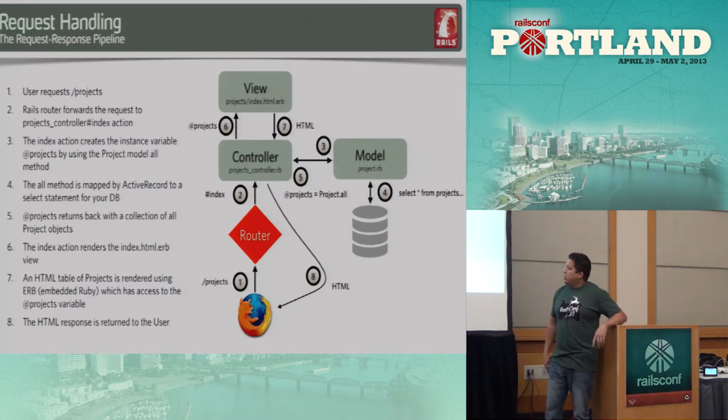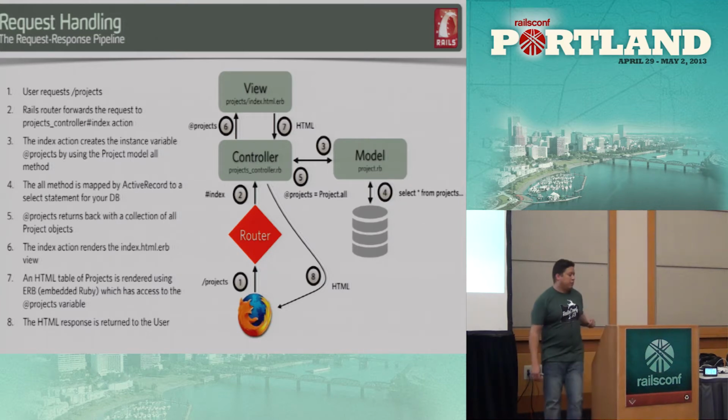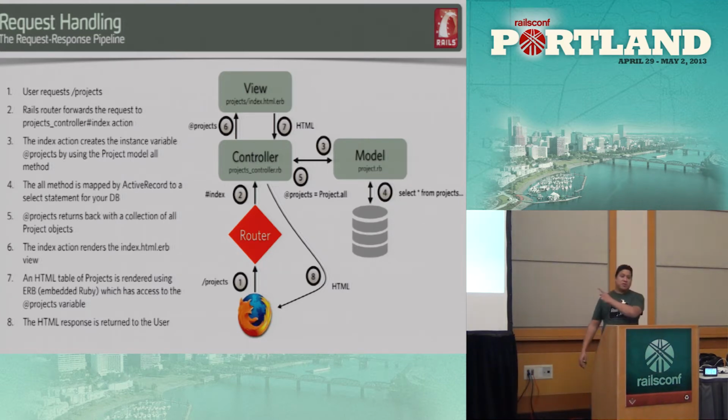Just to refresh your memory, we have a traditional request handling in Rails. And I'll try not to look at my own screen here because I have it right here. I call that the reverse weatherman. It looks really weird in video too. So we have the view. That's where we want to concentrate our outer layer testing. And as we're testing in there, we're basically going to assume a lot of things about the inner layers of the application until you get to the model. It's okay to actually flesh out the models in there so you basically have the two ends of the equation agreeing with each other.